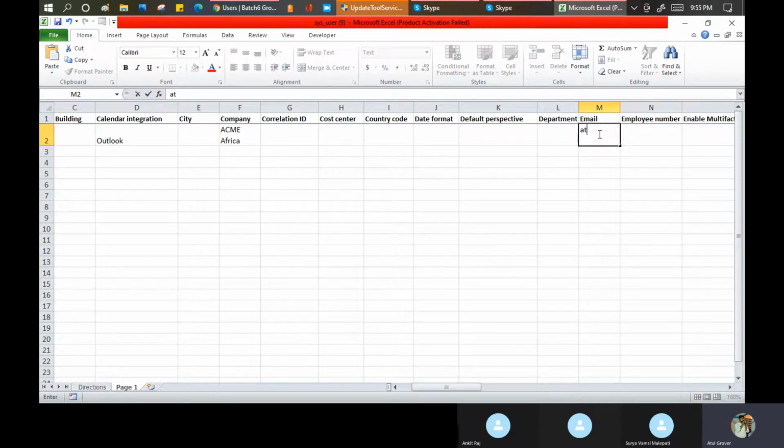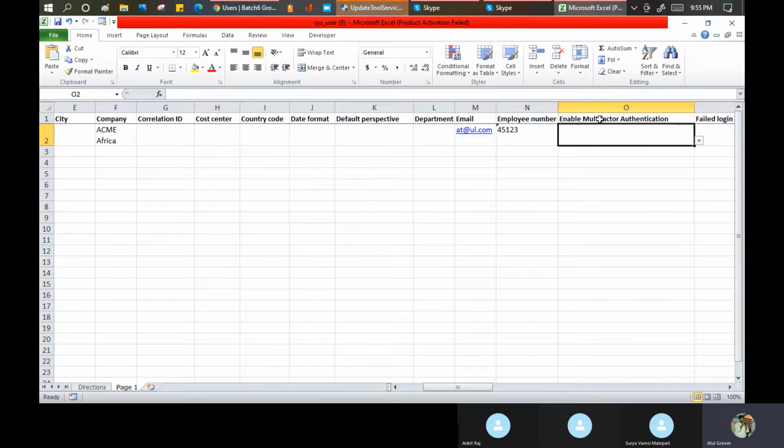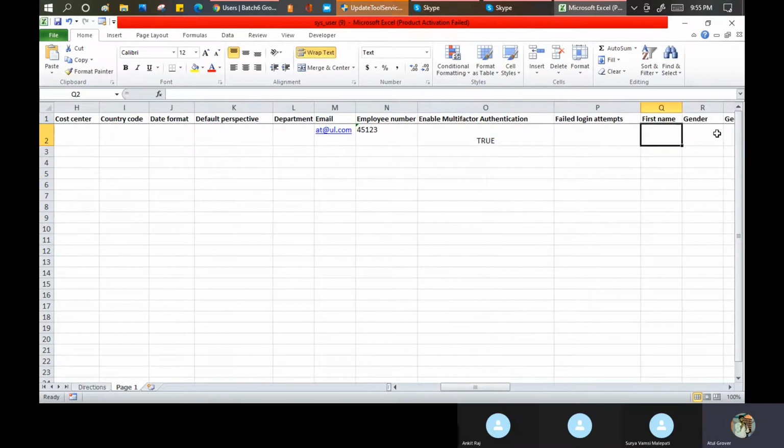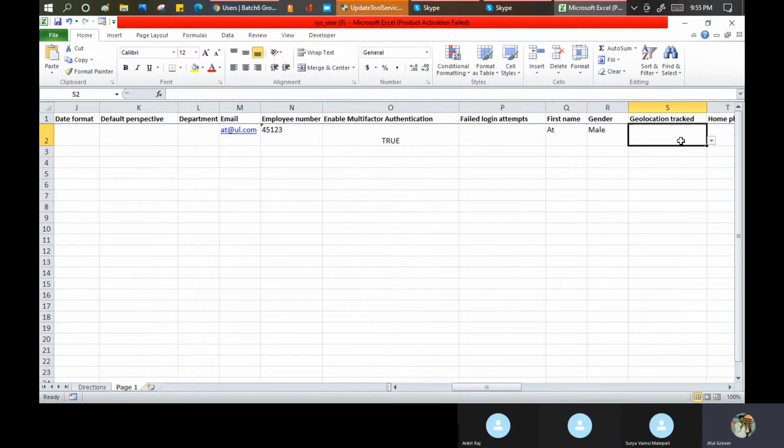I'm putting at@ul.com for email. Employee number, you want to put this. Enable multiple authentication, true or false. Failed login नहीं चाहिए. First name 80. Gender, male. Geographic location tracked, true.